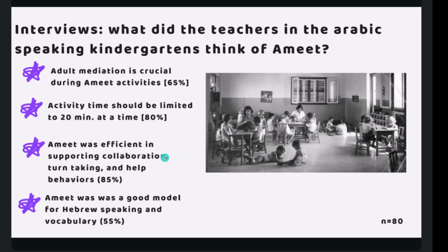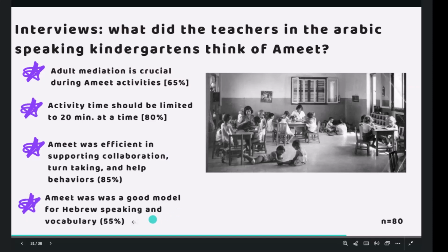They did see the support in the social skills that we were aiming for, which we were glad about. And the Arabic-speaking teachers said, it's not a very high number of teachers, but they did say that Amit was a good model for Hebrew speaking and vocabulary learning, which is a major issue in the multilingual classroom, right?